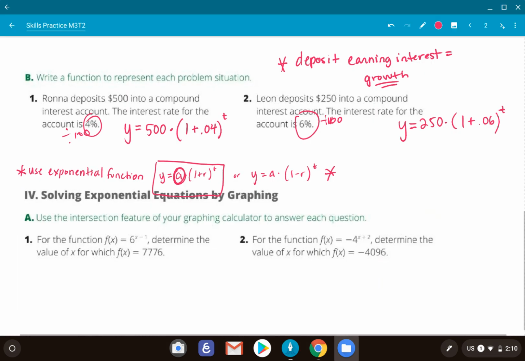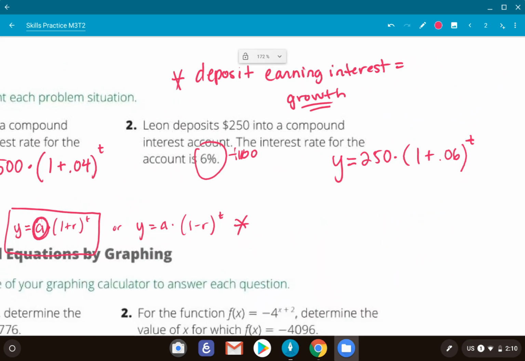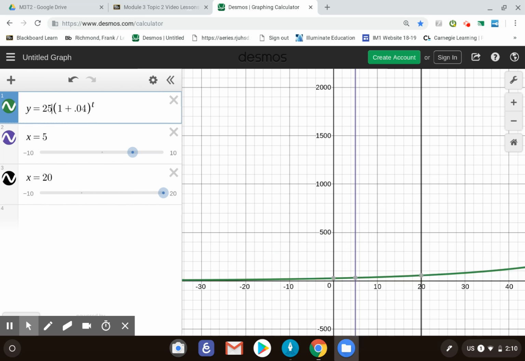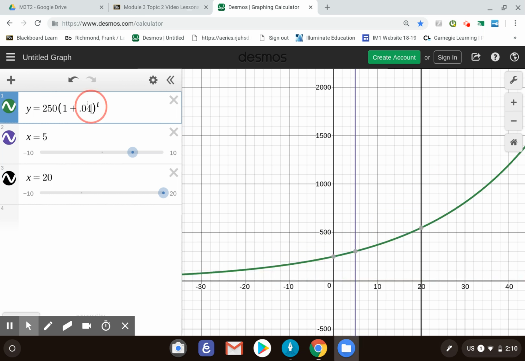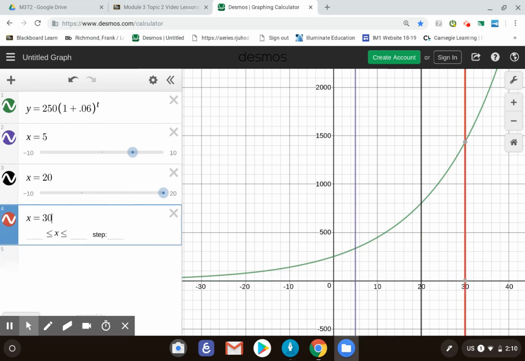And then for Leon, if he deposits $250, so he's depositing less, but his interest rate is higher, you'll notice. So $250 for him. But he's earning more interest. He's got 6%. So in the beginning, he doesn't have as much money, only makes $334, but then over time, it's increasing. So maybe at like 30 years, you can see he's going to have